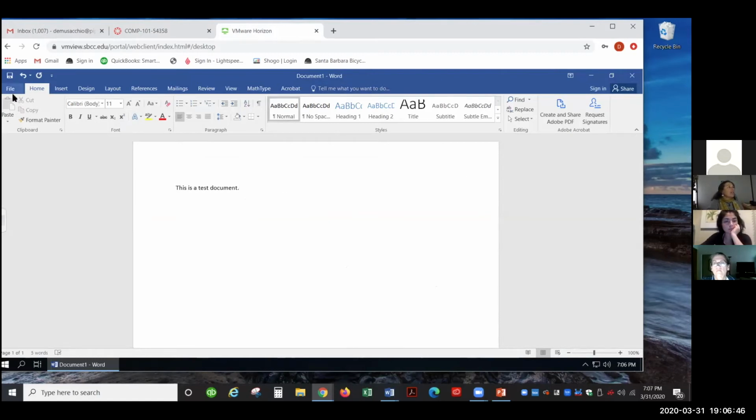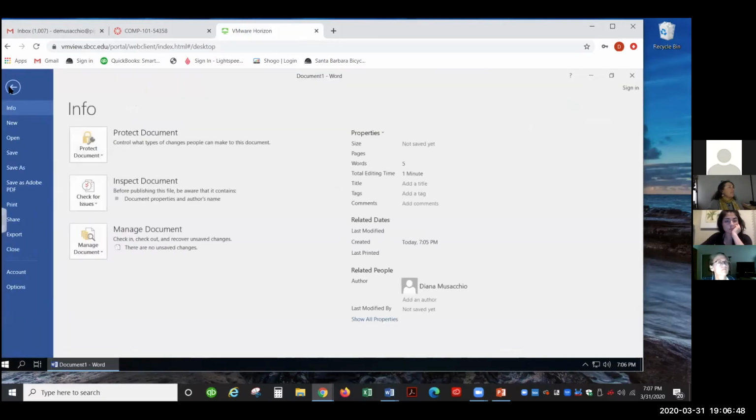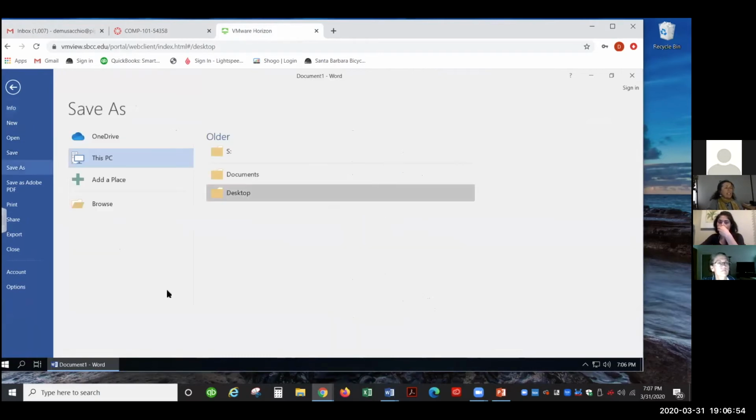Okay, so now let's go ahead and go to File, Save. So we're going to save that document. And I'm showing you these things, but in your case, you're probably having to go from me showing it to you to Zoom if you're trying to see it. But otherwise, okay, so we're going to go to Save. And then here on the left, what you're going to discover, you truly are in your school computers. So if we go to Browse,